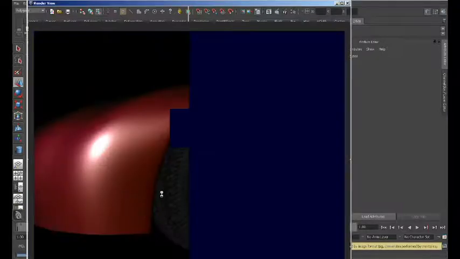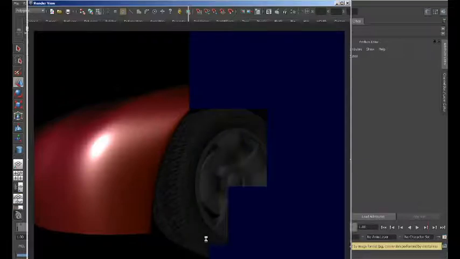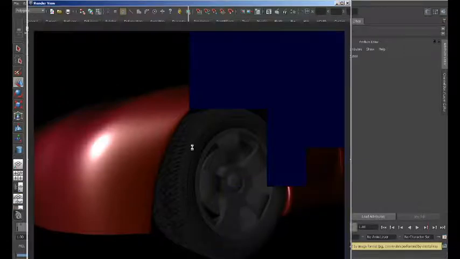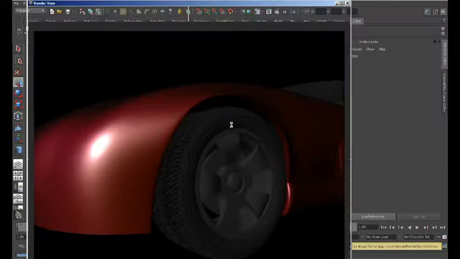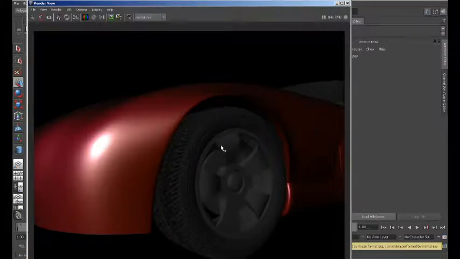Okay, so we're getting a double displacement on the tire, but we can fix that a little bit. I just want to show you how you can get some lettering and some design work on the sidewall here. So that's pretty effective, but of course there's a lot of displacement here, so what we're going to do is